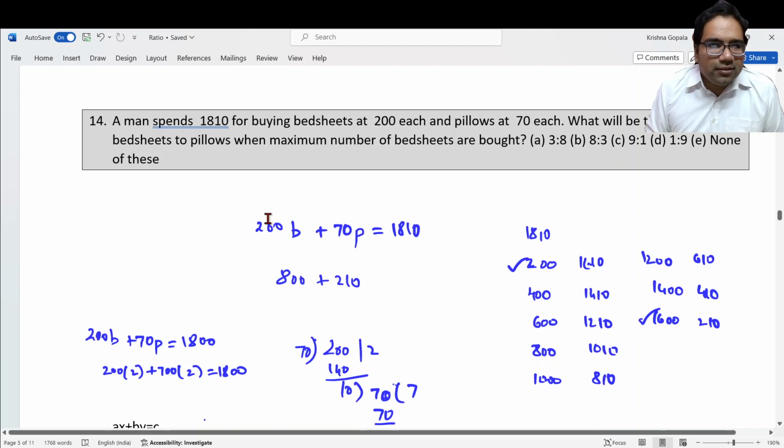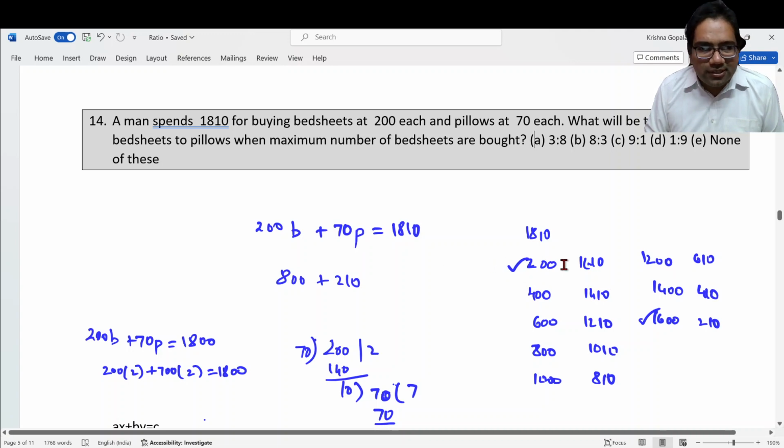So these are this type of equation. This type of equation is a very beautiful equation because we can have only integer solutions here. Right, B and P have to be integers, integer solutions. And the beauty is we have only one equation. We don't have two equations, right? We have one equation, and because B and P have to be integers,